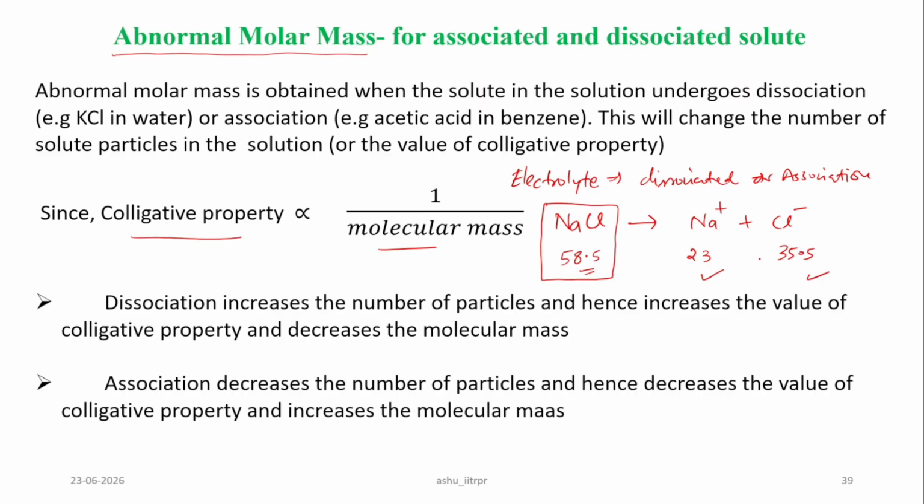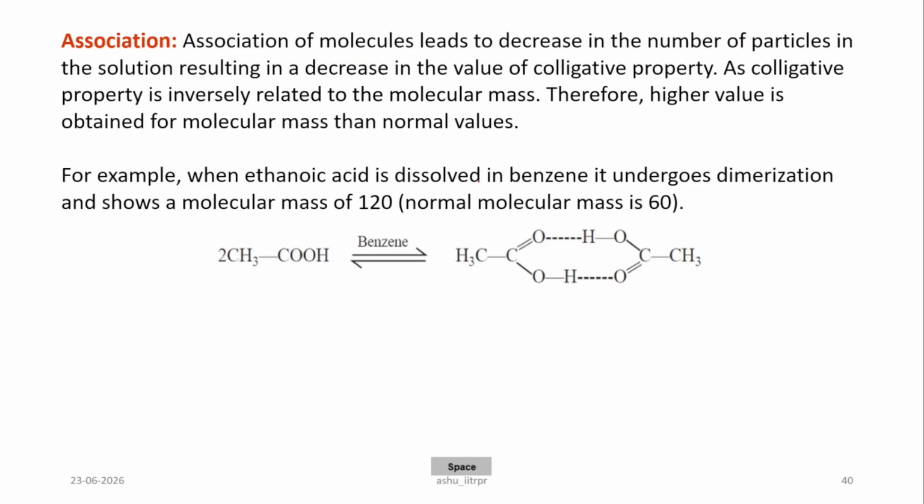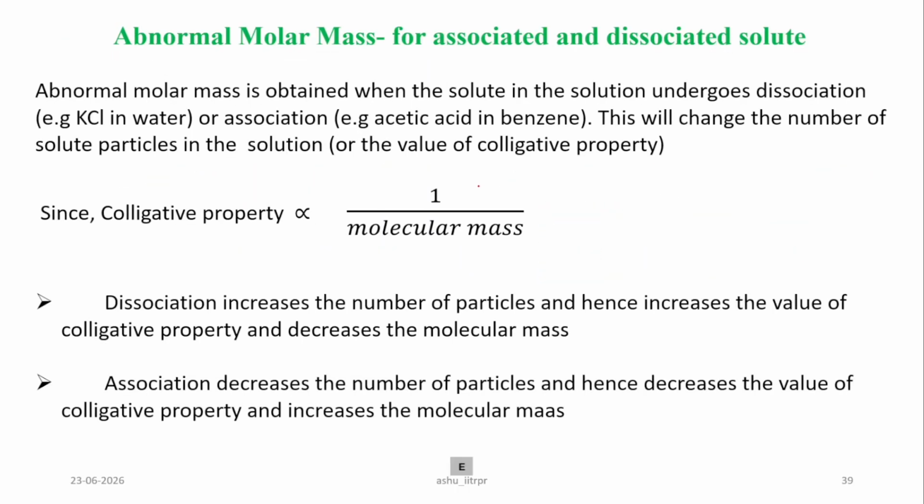Hence there is a variation between the calculated data and the experimental data. Whenever we study solutions of electrolytes, there is a distinction between the experimental value and the calculated value. Experiment is reality, whatever we are doing. Calculation is just theoretical. So there is a difference between the reality and the calculated value, and that is why we need to study this Van 't Hoff factor.